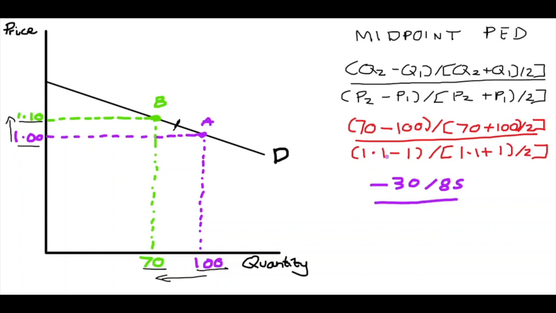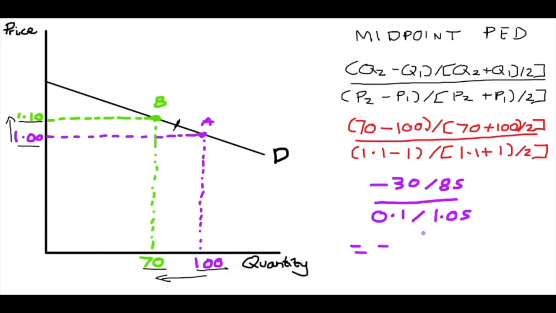So next up, €1.10 minus €1 is giving us 10 cents. And we are dividing this by the right hand side. €1.10 plus €1 is €2.10. Divided by 2 is €1.05. So we've broken it down here into a simpler form, and if we divide these, minus 30 divided by